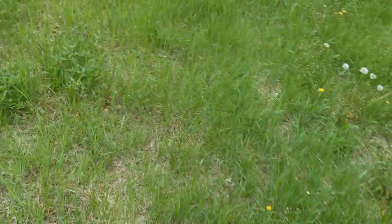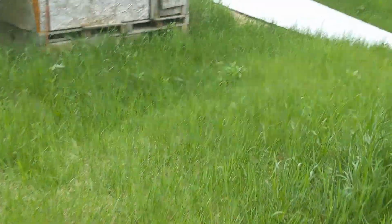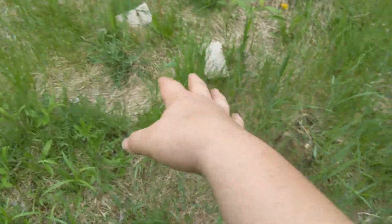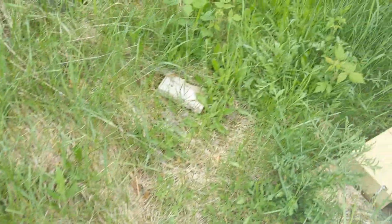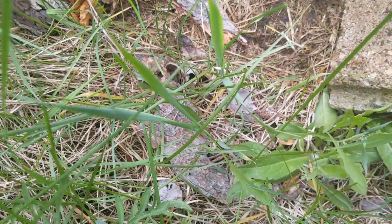Ooh, wait a minute. This looks like a good place. Herping vlog, maybe. We'll see if there's any snakes under here. We're in the spot where there used to be the literal ground nesting novoborkensis. So we will see if ground nesting novoborkensis are still around. They were mainly nesting under this. Let's see if I flip this, if there's...